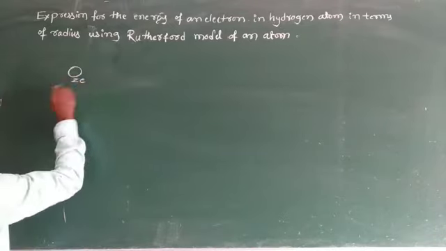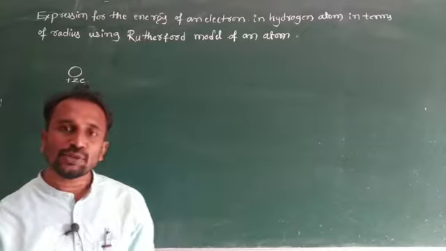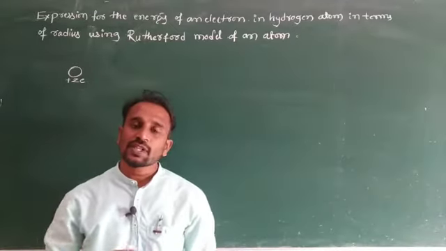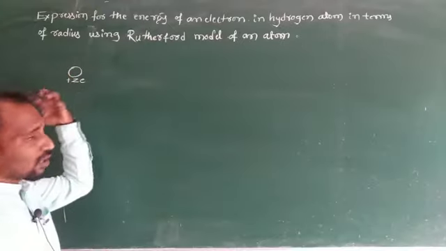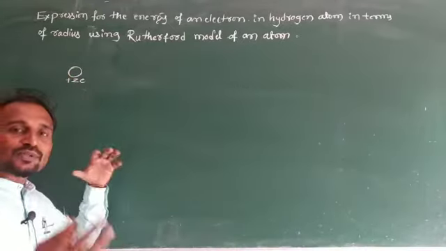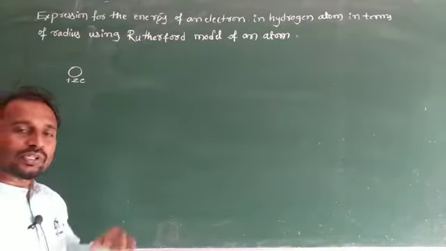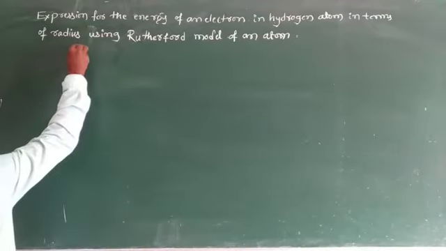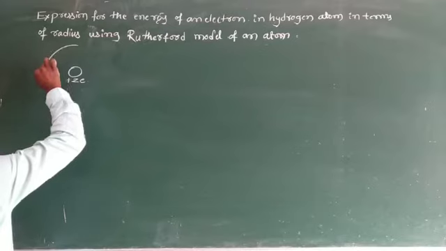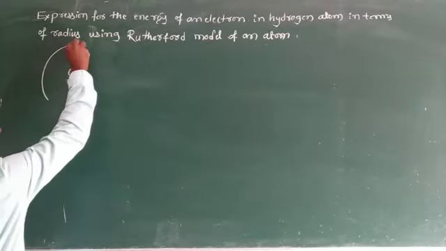It is positive. Why? Because the nucleus is made up of protons and neutrons, so its charge is positive. It is the center part, the core of the atom. That is what we consider as the nucleus, as in the Rutherford atomic model. And here we consider this one as a particular orbit.